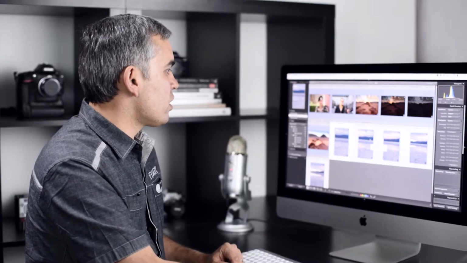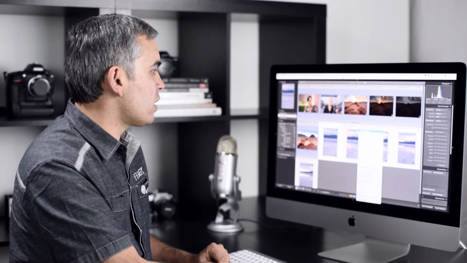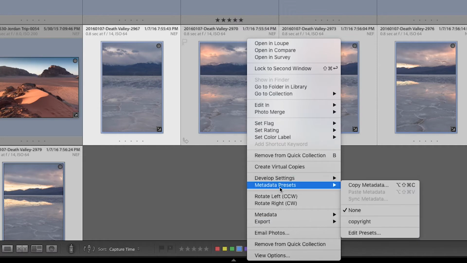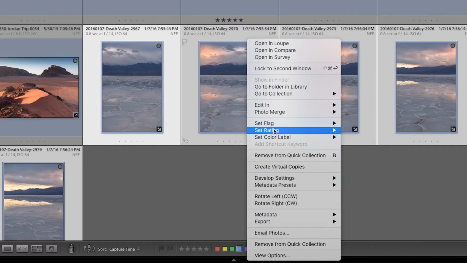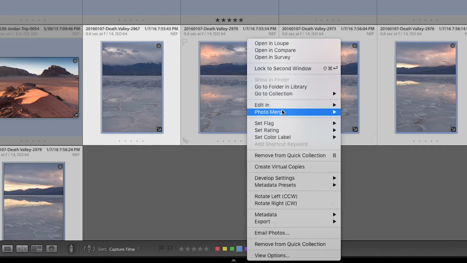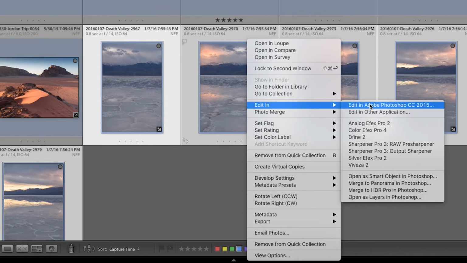Now earlier I showed you what the right-click menu looks like, so let's get back to it and do a quick overview. So here we have a bunch of settings. Now all of these settings are accessible through the menu, but some things are going to be pretty useful for you to be able to quickly jump to just by right-clicking on a particular image. So things like set flag, rating, color label we talked about, which you can quickly access from here, but other things like edit in and Photoshop, if you wanted to bring those images to Photoshop, for example, you have to go to photo and find that and click there. So instead of doing all of that, you could save yourself time, right click on an image or a group of images and do selective work on it.